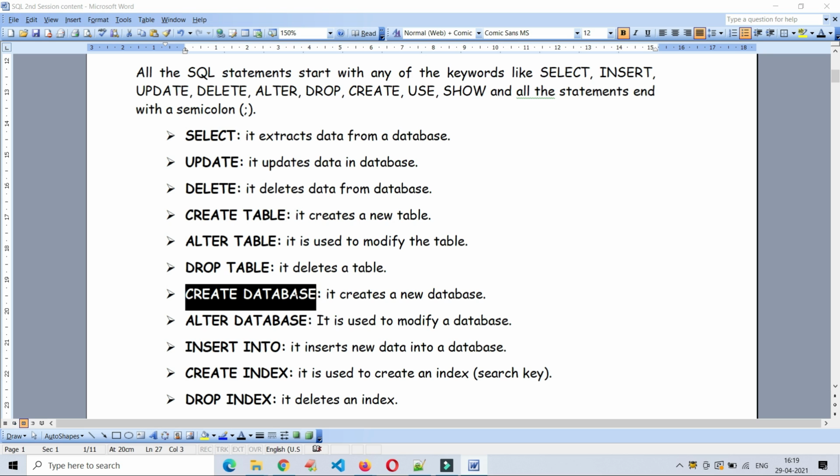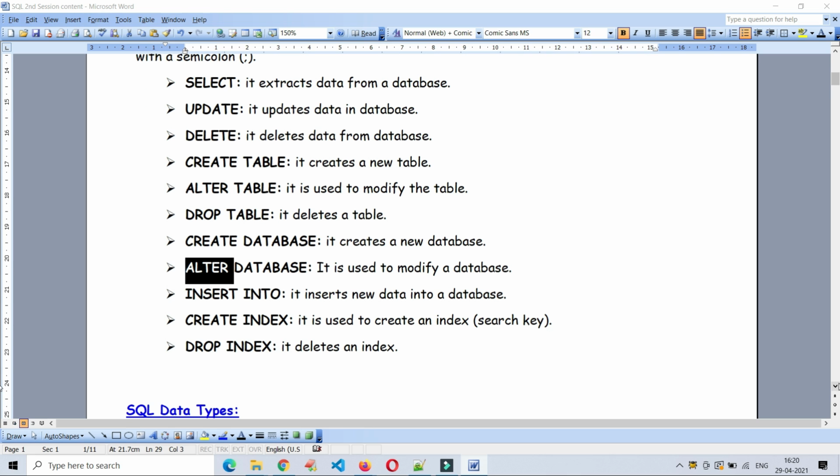And here see the command, we have a command like create table to create a table. In the same way, if you want to create any database, we have a command create database. And alter database, as usually, what is the purpose of alter table? In the same way, the alter database, if you want to modify anything on the database, you can use alter database. If you want to insert any records in the existing table, then what we have to use? Insert command. If we want to insert any new record into the table, use insert into.